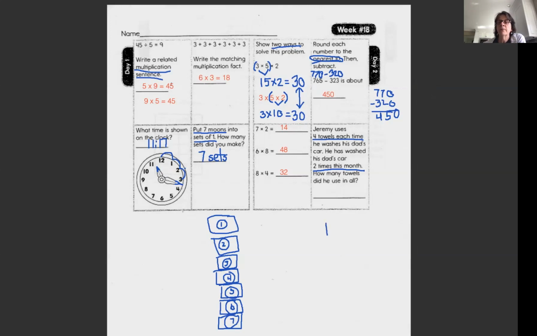Well, I'm going to draw a little picture here. He used 4 towels the first time he washed it, and he used 4 towels the second time he washed it. So when I look at this, what do I see? I see 2 groups of 4. So I can write the multiplication sentence, 2 times 4 equals 8. And my answer for how many towels did he use in all would be 8